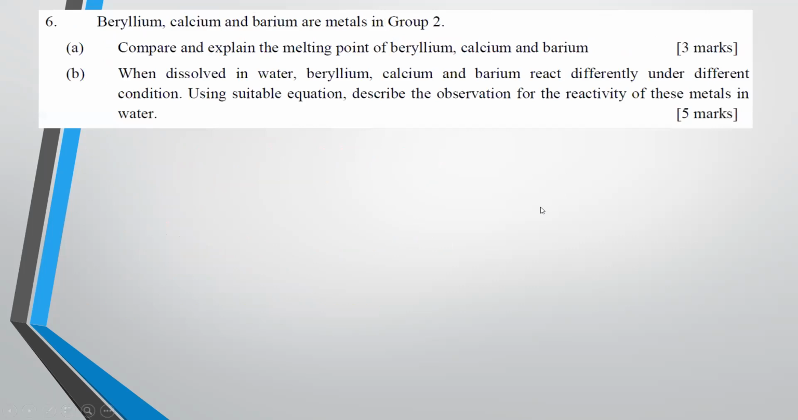Last but not least, we have question number 6. Beryllium, calcium, and barium are metals from group 2. Compare and explain the melting point of beryllium, calcium, and barium. So you're going to mention that their melting point increase from barium to calcium to barium, or you said decrease